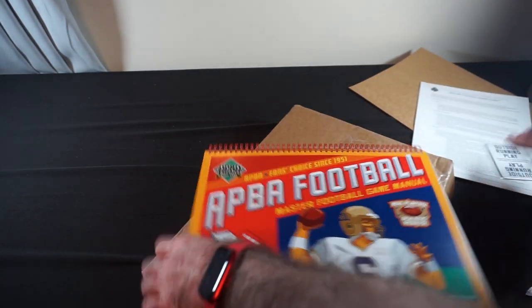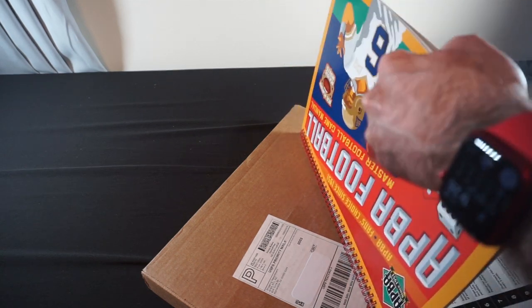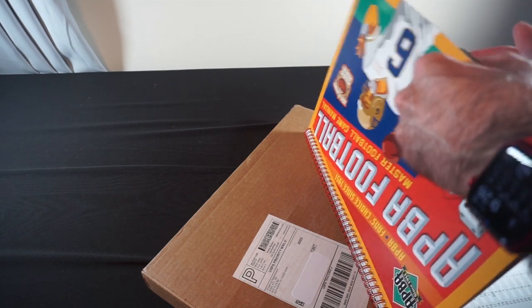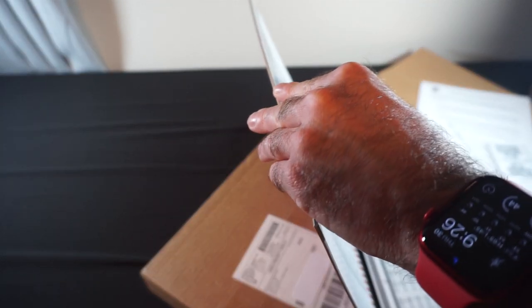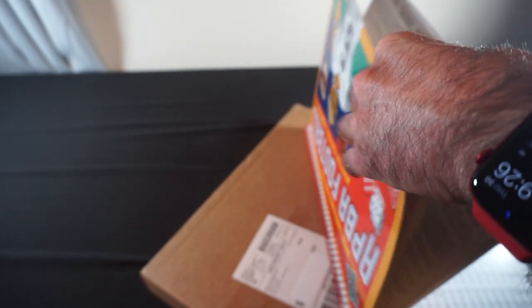From what I've heard, a lot of the master game is supposed to be for head-to-head stuff. But I think it also gives you, looks like it gives you rare plays. I was watching Dave Gardner play the APBA Football Master Game a couple weeks ago, and he was saying it was giving him some stuff that he liked. I think he was saying something about your draw plays, your play action, stuff like that. So does this also have the...